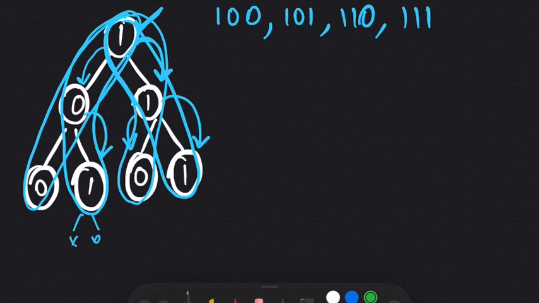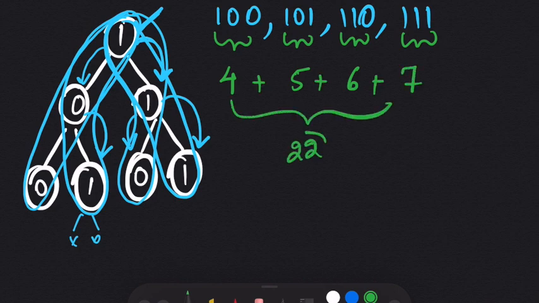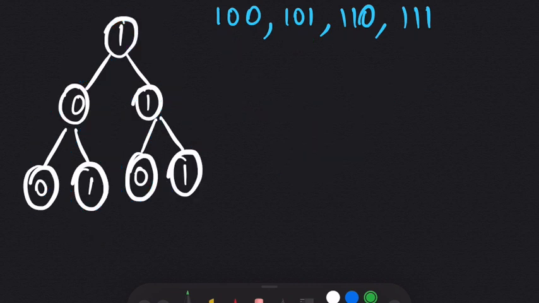Now we have all the required possible paths, and these are the binary numbers that we required. These binary numbers are further translated to the decimal number. So the decimal of 100 is 4, 101 is 5, 110 is 6, and 111 is 7. The sum of all these numbers is 22, which is the output. Now the first part of the question is done, which is to find all the possible paths, which will give us the binary numbers. The second part is to figure out how to convert these numbers to decimal number, and then we have to return the sum of those decimal numbers.